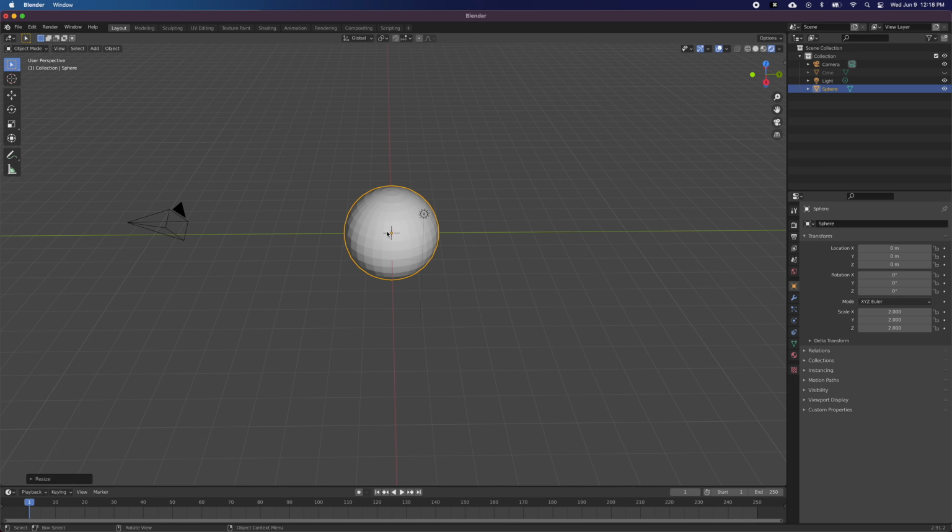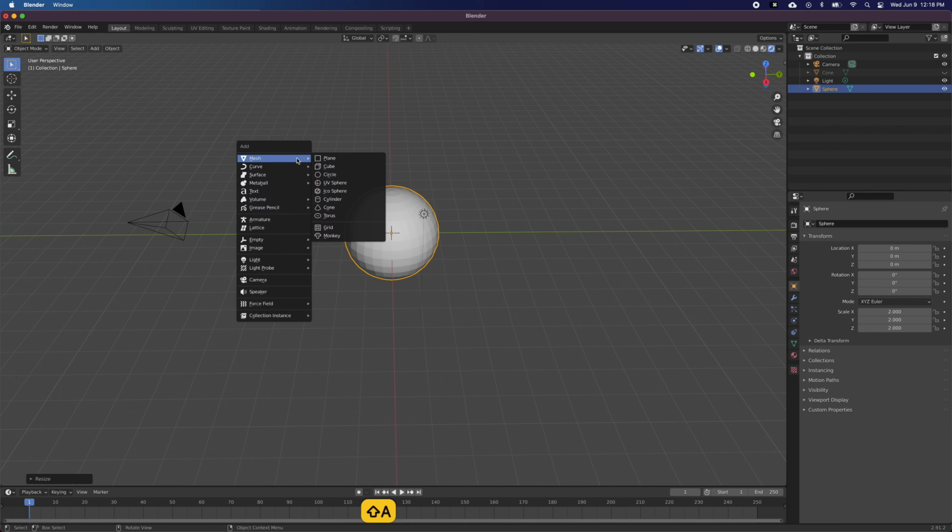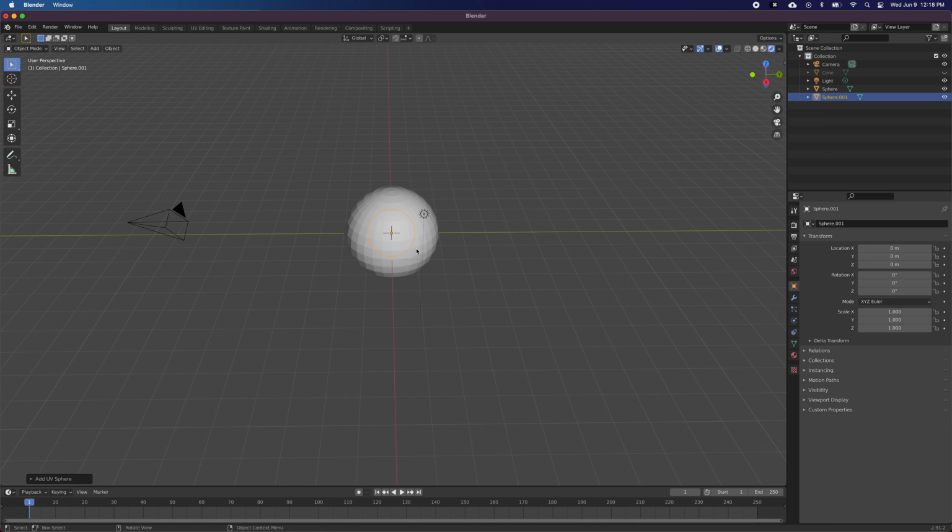That seems pretty good. I want another sphere. One way to do that is to go Shift A, add a mesh, add a UV sphere. It adds it in the middle, and so we kind of need to move it up so I can see what's going on. We want it to be, let's say, 1.5 times as big. So one way I could do that is just to type those numbers in here. So 1.5,